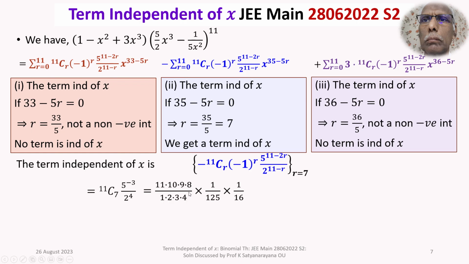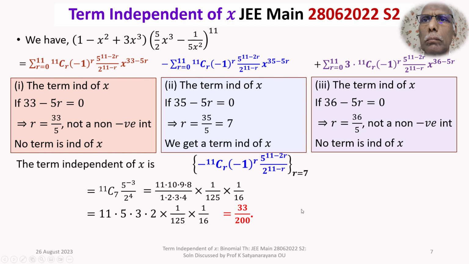When you simplify that, you will get 11 into 5 into 3 into 2, after simplification, times 1/125 into 1/16. Further simplifying, you get 33/200. Therefore, the term independent of x